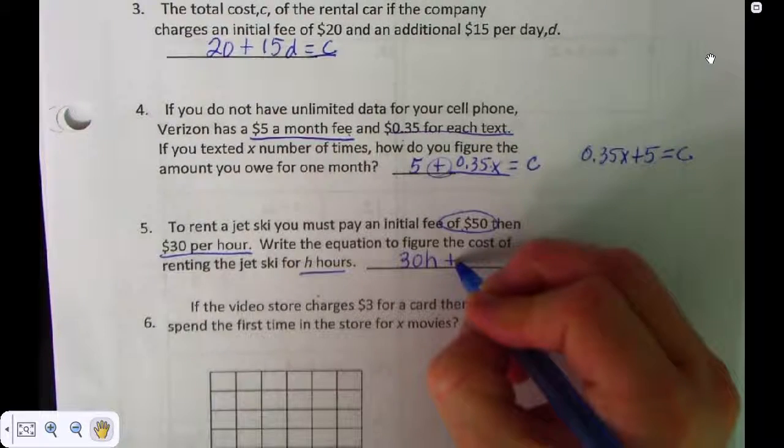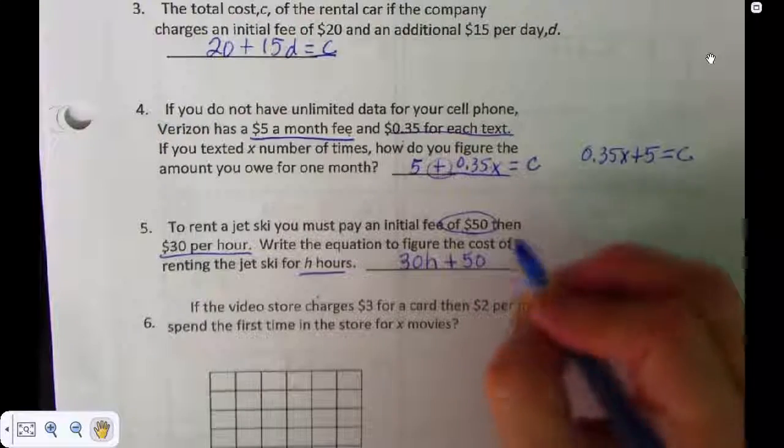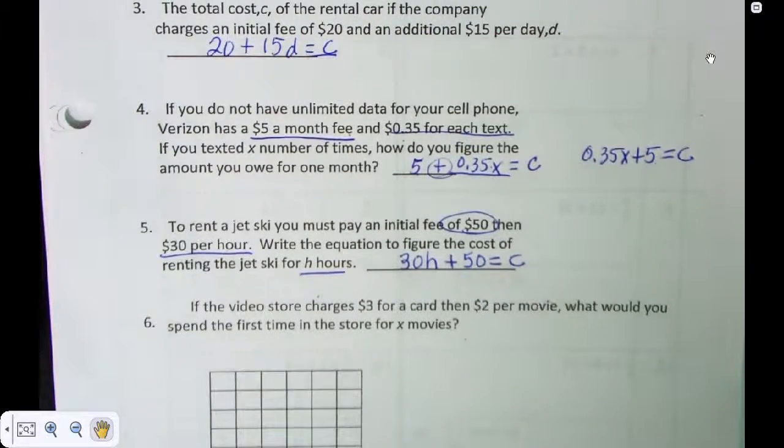Okay. Are they right, Madison? We going to add the 50? Good. And that'll give you the charge. So 30H plus 50. Or you could put 50 plus 30H. Okay. Now,